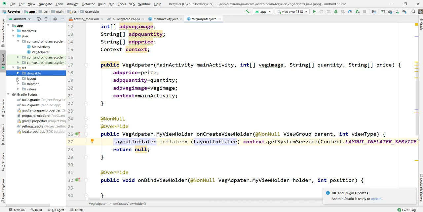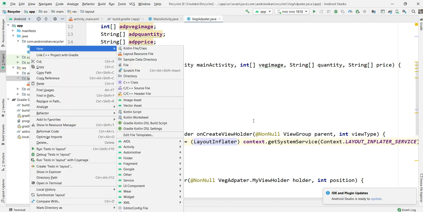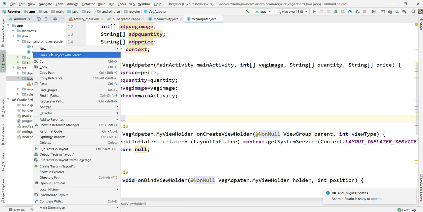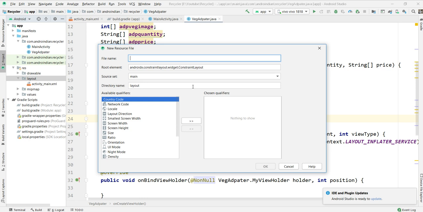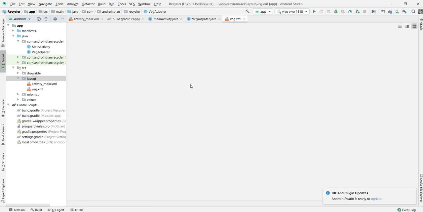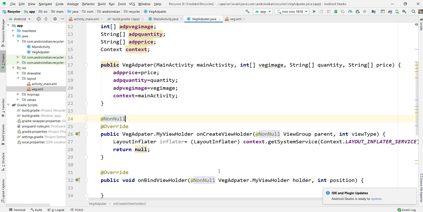Then, to show this view, I need one custom XML, so I am creating the custom XML here. Right-click on layout, new layout resource file. There I am adding the layout resource file name as wedge. So I want to take this wedge.